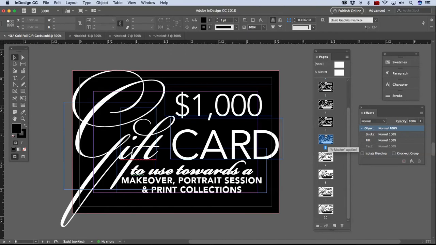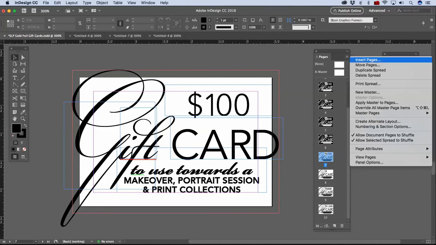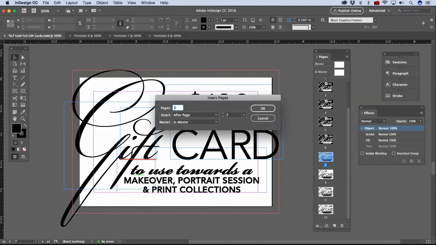If you wanted to have not just the solid gold version of the template, you can also do gold text with a solid background. Now all we need to do is create another file so that we can have a solid color in it. So go into your Pages panel and click on the Options button, which is the four little lines at the top right hand corner. Click Insert Page, and we're going to put one page after page 10,